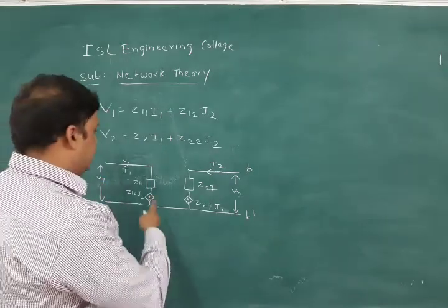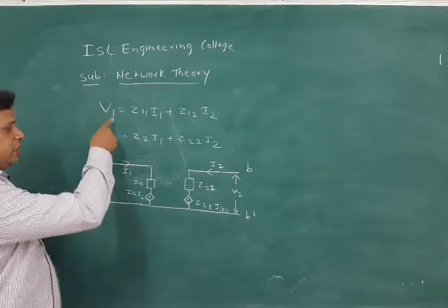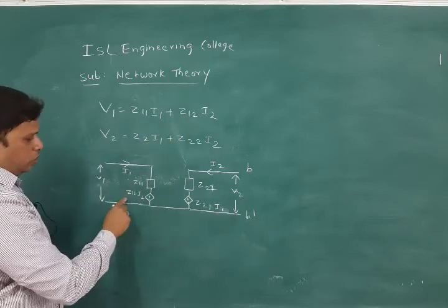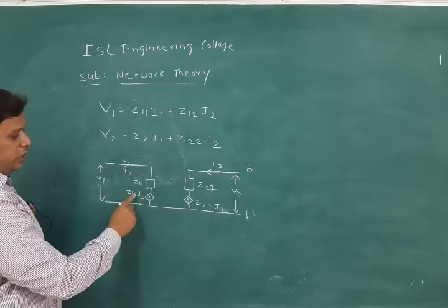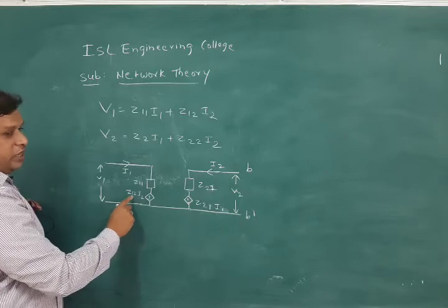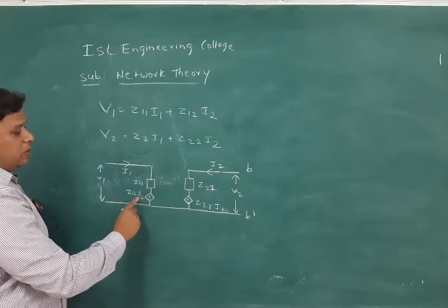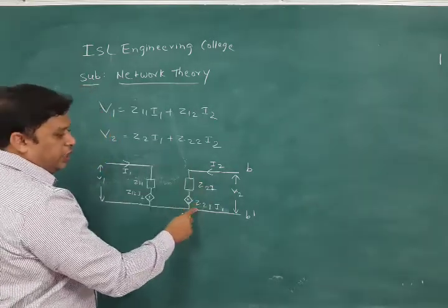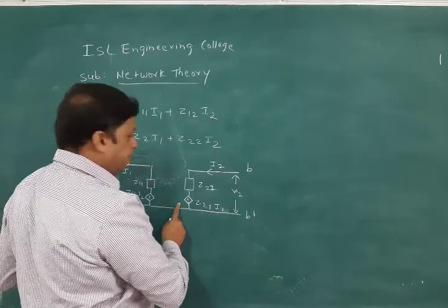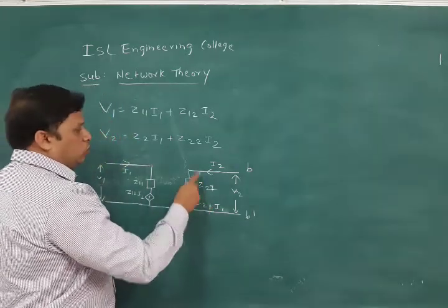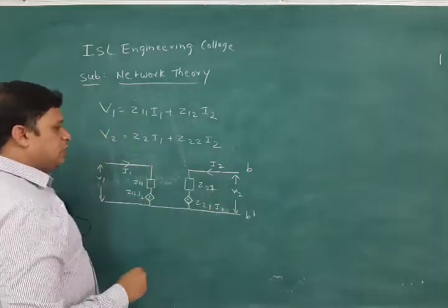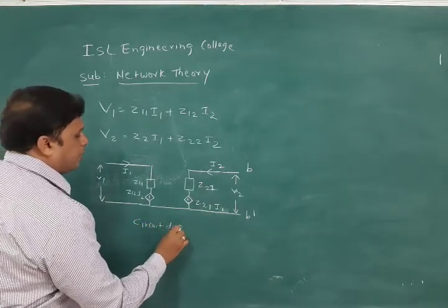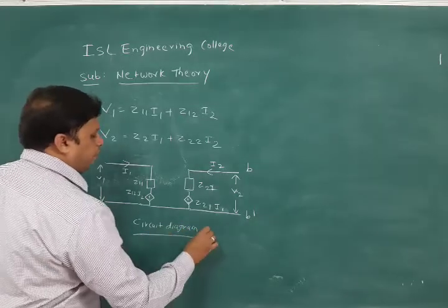So this is the circuit which is drawn. Here V1 is given and here I1 is given, and it is Z11 I1 plus Z12 I2. This is Z into I, nothing but voltage only, a voltage source. Here also Z21 I1 is a voltage source, with the symbol you have learnt already, and this is Z22 I2. So this is the block diagram, the circuit diagram for representation of Z parameters.